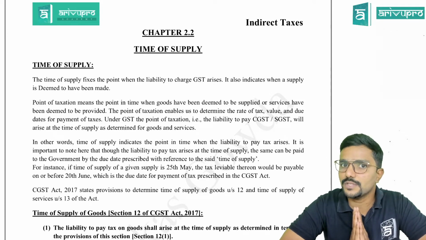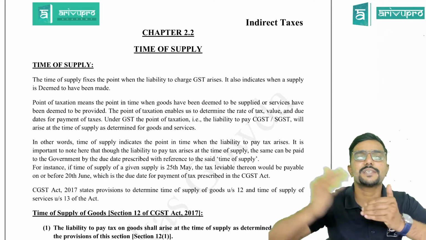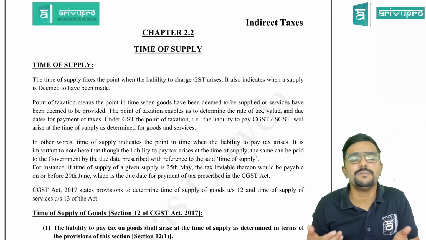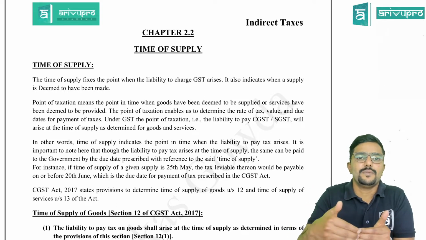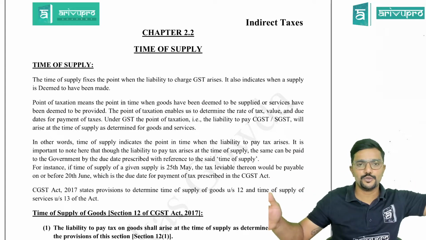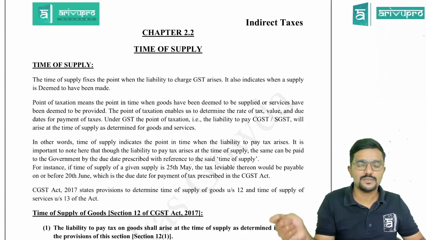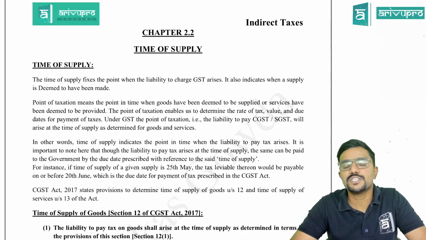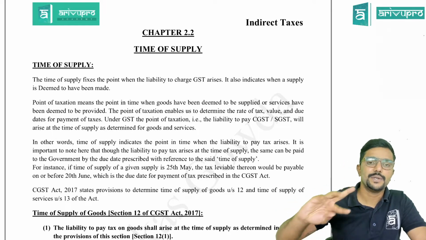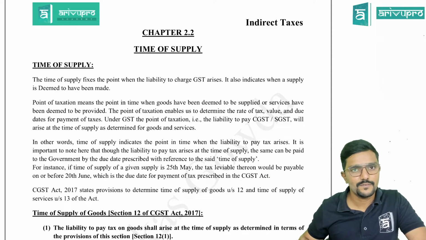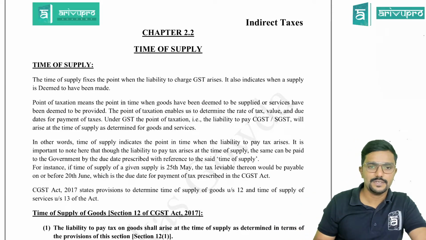So should I pay tax on the same day? No. There is some extra time given, because assume I have made a supply today. If you ask me to pay tax today only, it will be difficult. So give me some time. Okay, so it is like whatever supplies you have made from 1st June to 30th June, the due date to pay tax on these supplies is 20th of July. Clear? Means you need to file one GSTR 3B. There is a return called GSTR 3B. So before filing that, you need to pay tax and file the return. It is like that. Fine, guys. With this, we'll start this chapter.